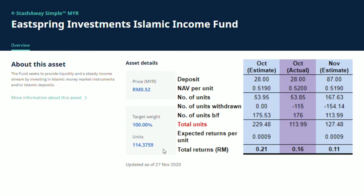So far, 60 ringgit have been automatically withdrawn and that reduces the number of units by around 115 units. Based on my calculation here, I should have around 113.99 units of this asset. Based on these asset details here, yes, my estimation is more or less the same and the actual number of units bought is